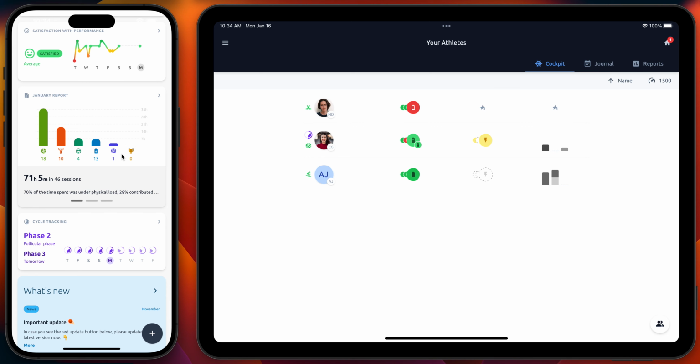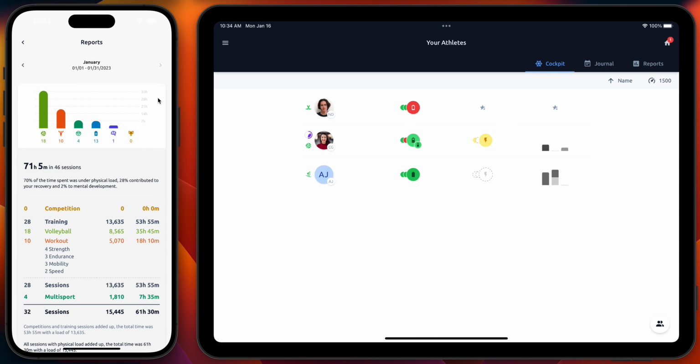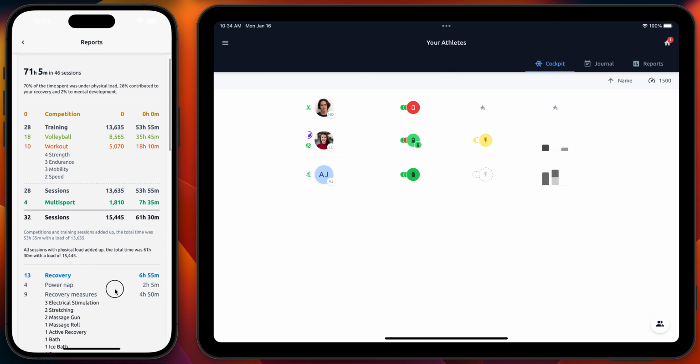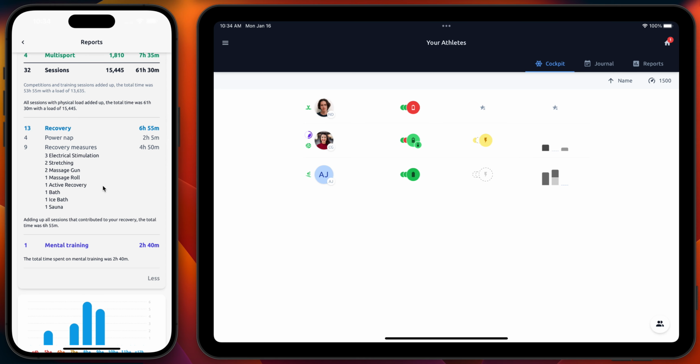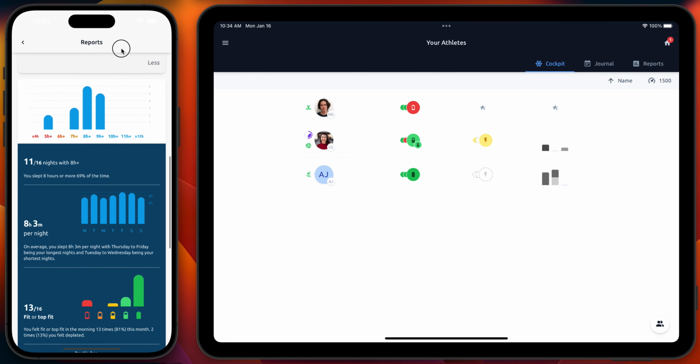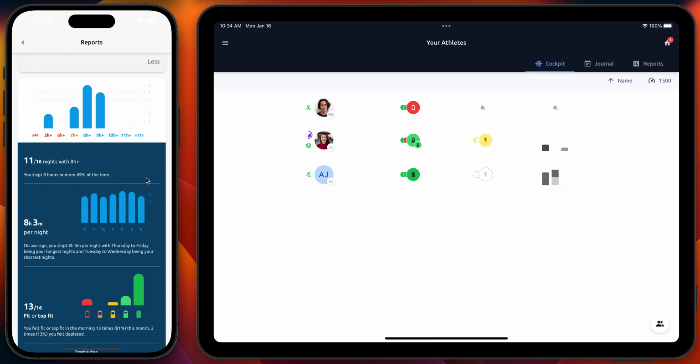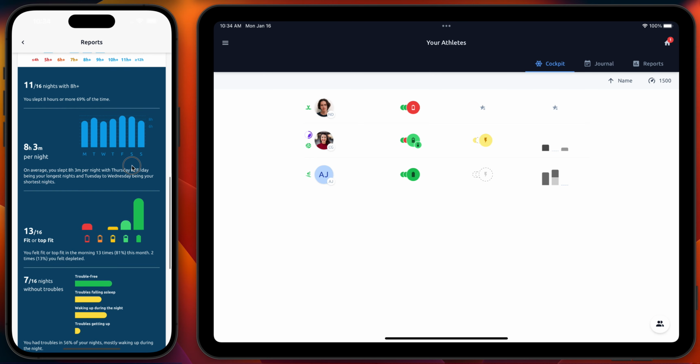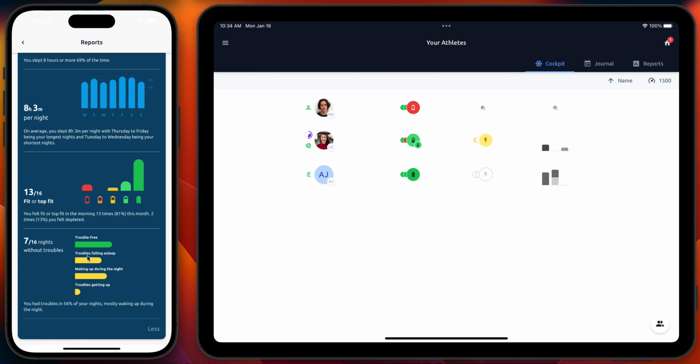There is a feature we call reporting, which summarizes your month in a way that really lets you have discussion with your coaching team, for example, about the distribution of your time and load across the different activities, all the recovery measures that you have explored or that are part of your recovery habits, but also, for example, going deeper into your sleep and understanding if there are probably more chronic sleeping issues or more regular sleeping issues which really are worth tackling, like having troubles during your nights with falling asleep, waking up, or getting up in the morning.